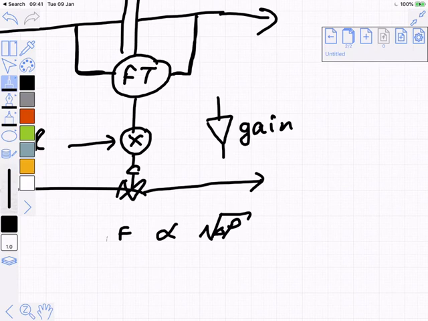So for laminar flow, typically this relationship is linear, but for turbulent flow, which most of the time is what we have, we have these square root relationships. This shouldn't surprise anybody. If you zoom out far enough, that's what you're left with. Now,